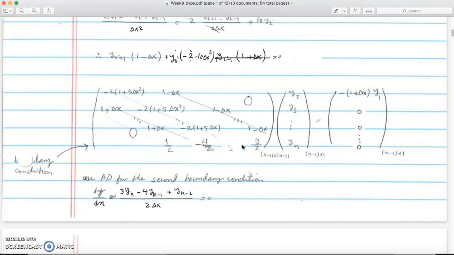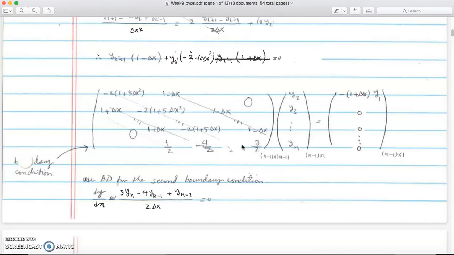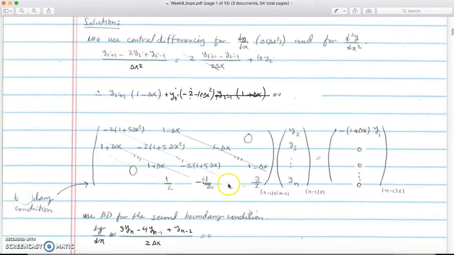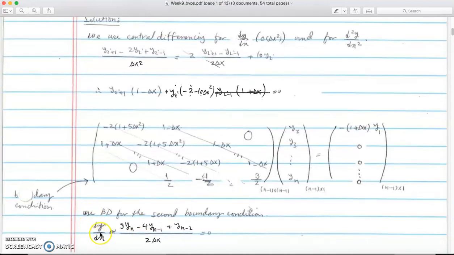Now, so we took care of the boundary condition on the left. The last term we need to take care of is the right boundary condition, which is of derivative type. So that's the second boundary condition we have to discretize and put into the matrix equation here. So that condition, dy/dx equal to 0, also can be discretized, but not using central difference,